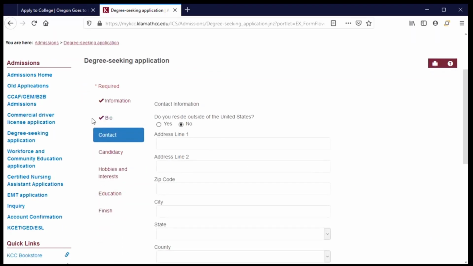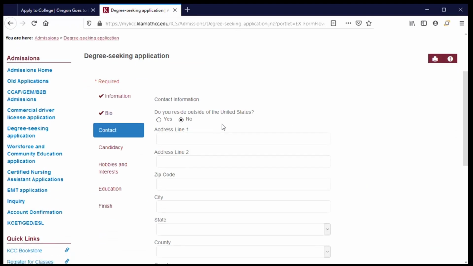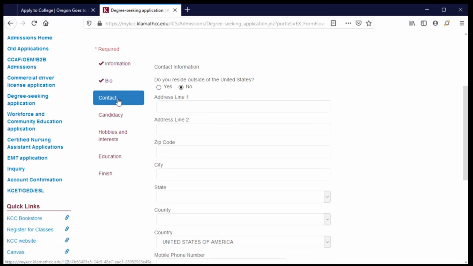You'll notice here again I have a red check mark that tells me I completed my biographical information. This is the contact information. So they're looking for my address and phone number on this page. First question, do I live outside of the United States? I do not. My address here, I'm going to provide,